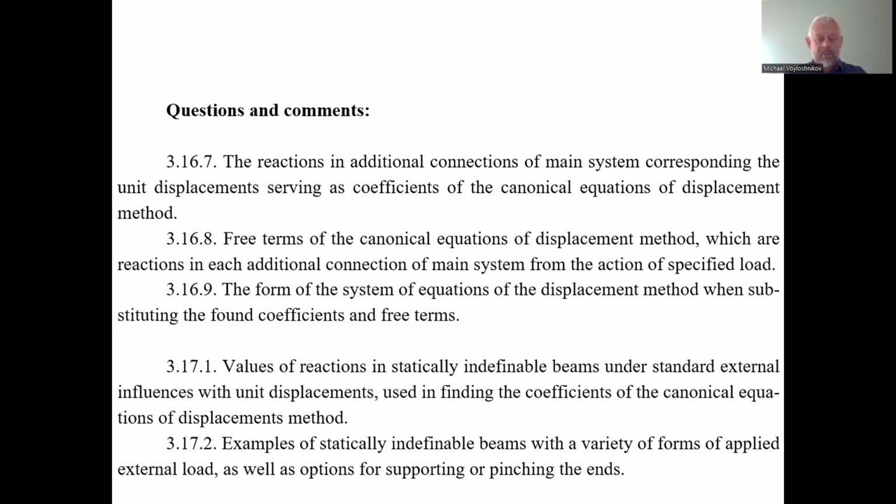3.16.9, the form of the system of equations of the displacement method when substituting the found coefficients and free terms. The form is a linear, algebraic form. We can decide this depending on how many equations and how many unknown variables we have. If we have, for example, 2 or 3 equations and 3 unknown variables, we can decide just by